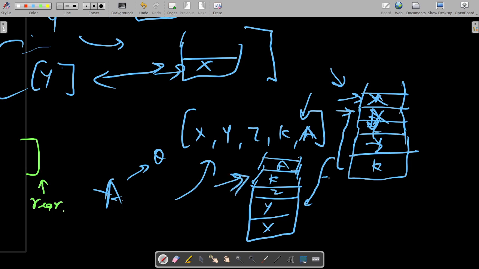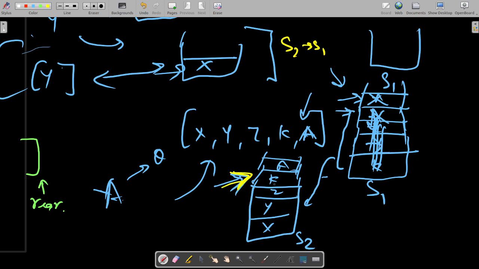What is the point of doing it? Okay, now since this was my s1, now this is my s2, and it will become empty. If I pop all these elements, it will become empty. So my s1 will become empty, nothing is present in s1. Okay, so this is my s1. Now I will push all of these elements of s2 to s1 and pop all of these elements of s2, so that s2 becomes empty. Okay, so now I will put a, now a is at the end.